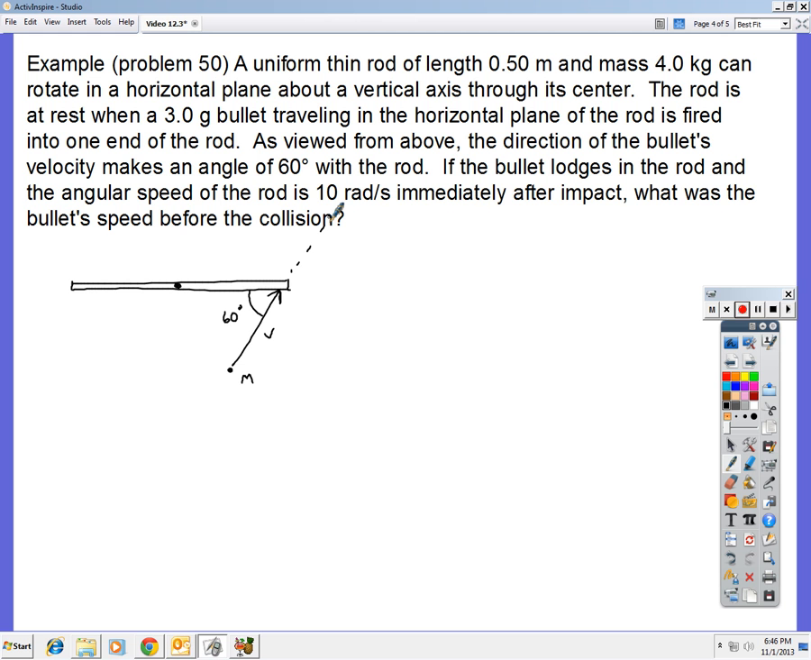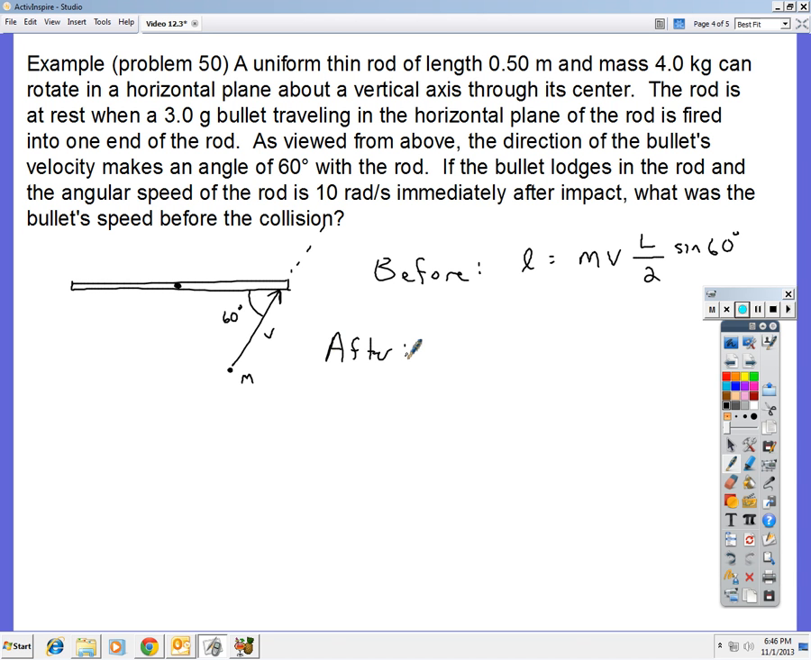So we'll say that the initial angular momentum is just the angular momentum of the bullet. And that is equal to the mass of the bullet times the velocity of the bullet times L over 2, because that's the distance r, times the sine of 60 degrees. Now the problem is we don't know v, that's what we're looking for. So what we have to do is find out what the angular momentum is after the collision,